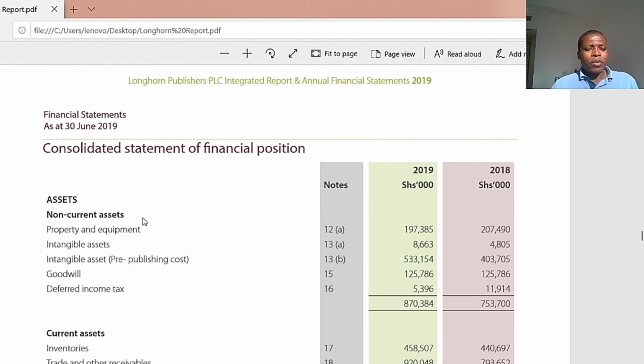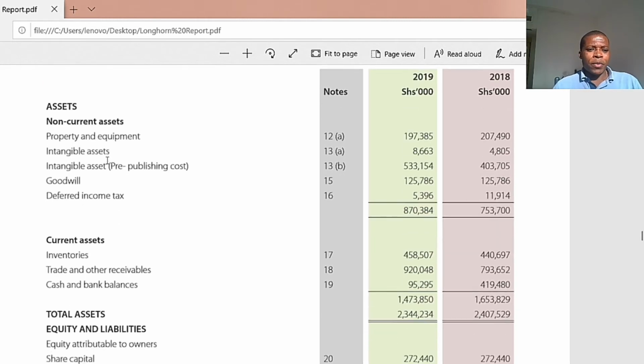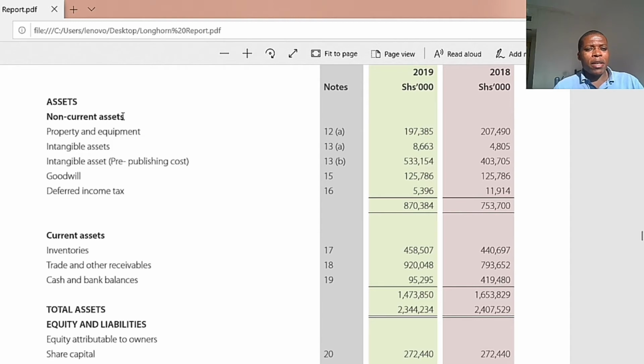So basically, that's what is under assets. Also, there's deferred income tax. Deferred income tax actually comes about when there is a discrepancy in accounting. The company could have overpaid, so it means next year it may pay less because it paid more due to the discrepancy in accounting. So that's how deferred income tax arises. So that's the non-current assets. So when we go to current assets,